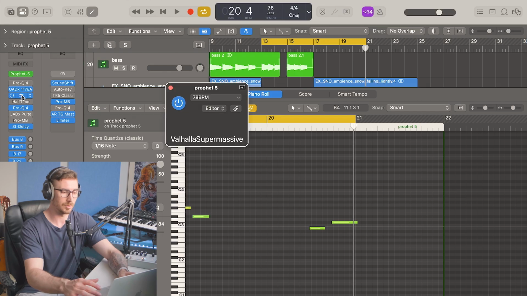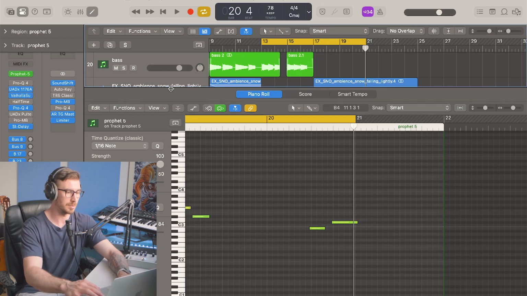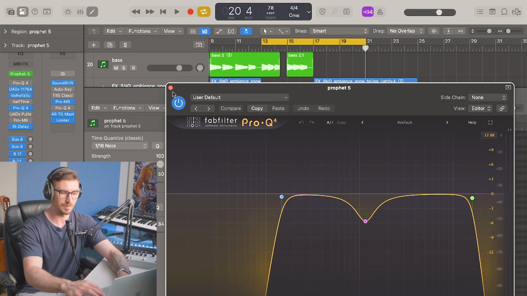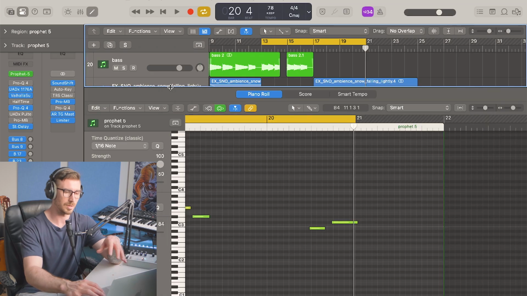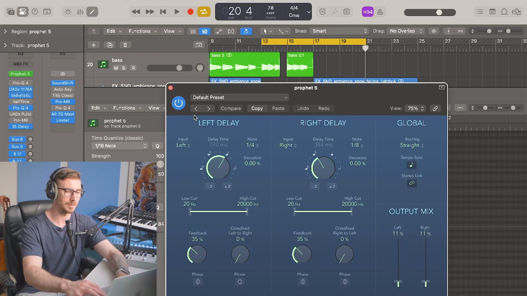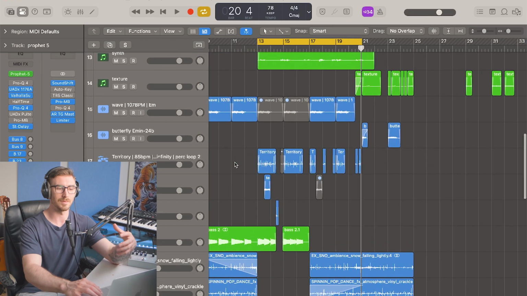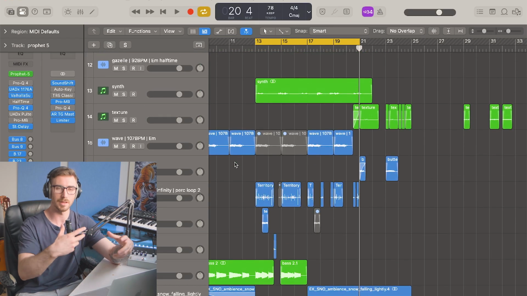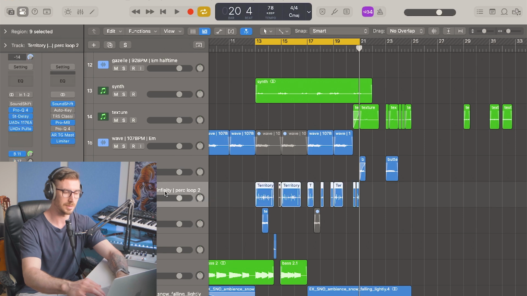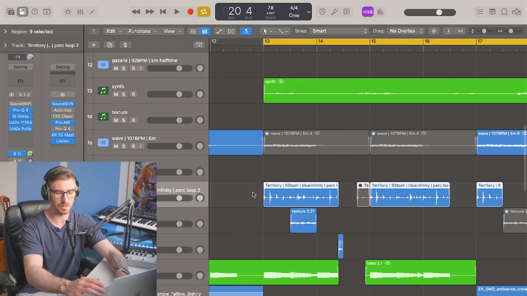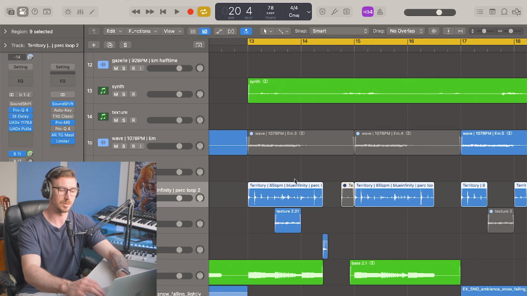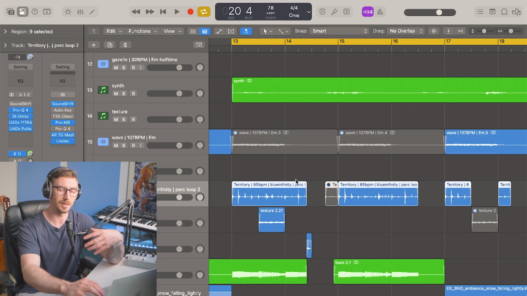So really, again, all I've added is a bunch of reverb on it, and I've cut out some of the highs, most of the lows, so it's not in the way of the bass. And I've got that delay going as well, not too much, but just enough to give it that spacey, carrying over effect. And you can see I've taken the same drum loop of mine, but I've just chopped it up a bit, so there's just a bit of variation and a lot more space